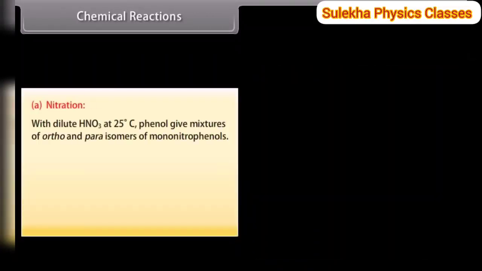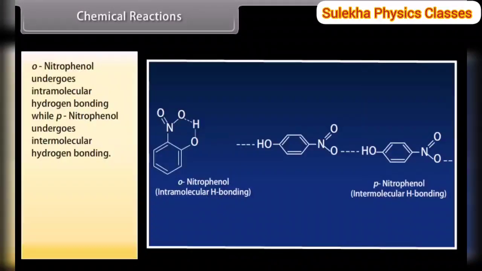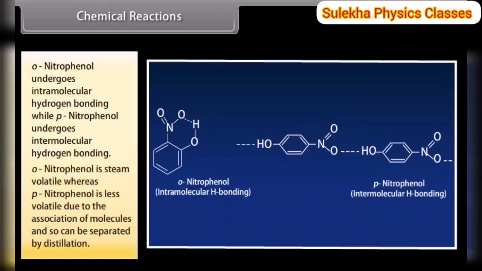Nitration. With dilute nitric acid at 25 degrees Celsius, phenol gives a mixture of ortho and para isomers of mononitrophenols. On adding dilute nitric acid to phenol at 25 degrees Celsius, it forms ortho-nitrophenol and para-nitrophenol. Ortho-nitrophenol undergoes intramolecular hydrogen bonding, while para-nitrophenol undergoes intermolecular hydrogen bonding. Ortho-nitrophenol is steam volatile, whereas para-nitrophenol is less volatile due to the association of molecules and so can be separated